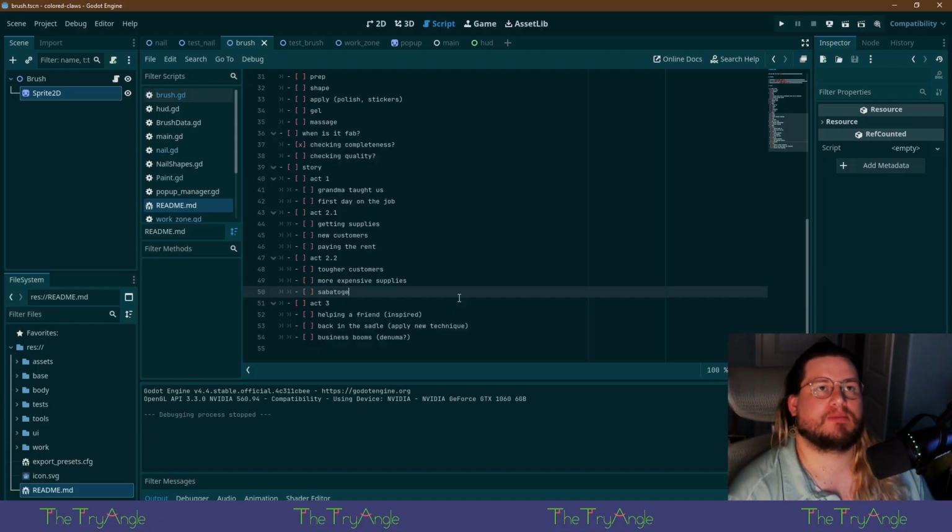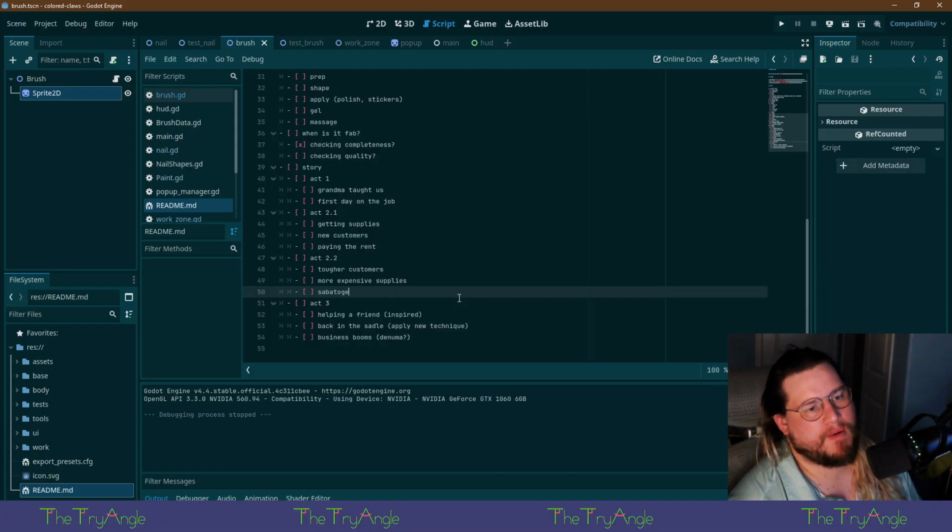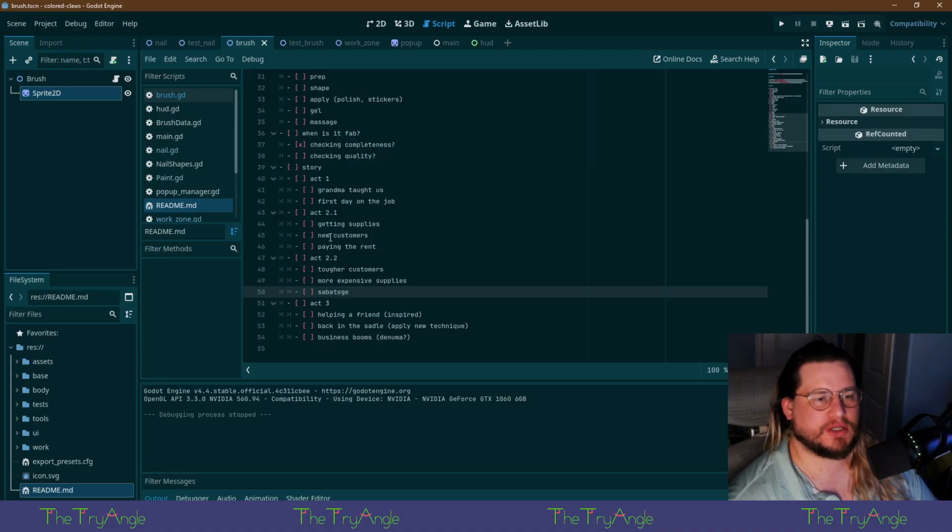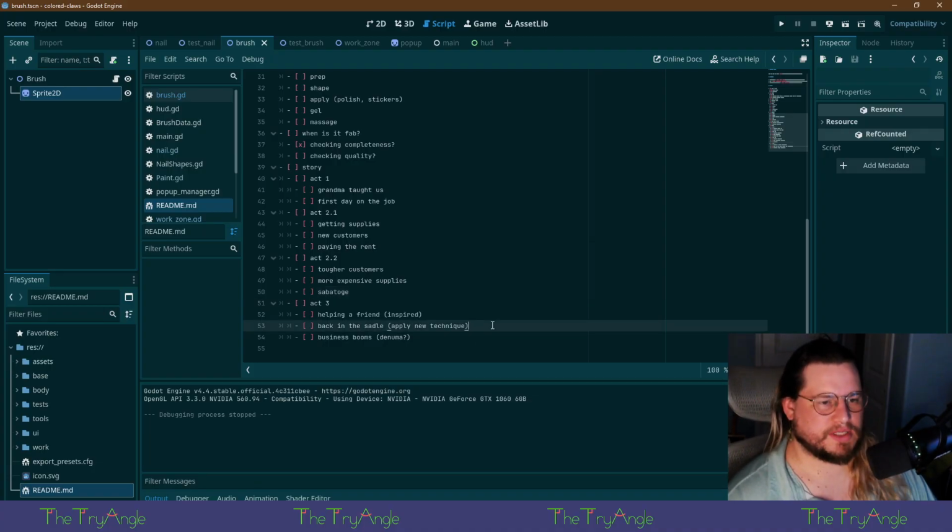The subplot can be you're getting sabotaged because you're doing well. The people that sabotage you get fired. Back in the saddle, apply new technique.